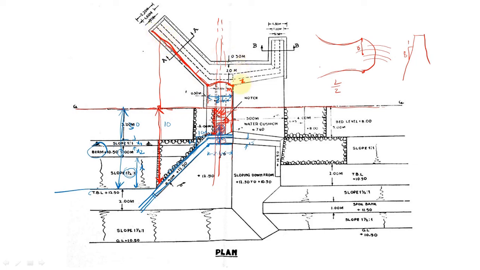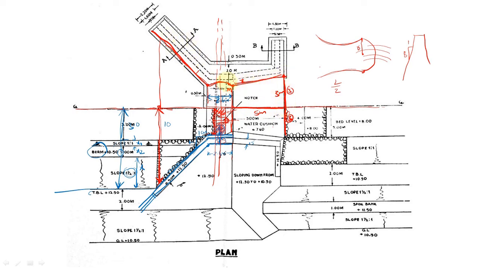And come to the downstream side. See, you have to draw this line. This is the bottom plan, outer edge. How can it be fixed? See, the water cushion. From here the canal will start. We know the canal width is 6 meters, that means it is 3 meters on this side, 3 meters from the center line. The length of the cushion is 5 meters. So 5 meters and then 3 meters will give us this point, and connect these two.